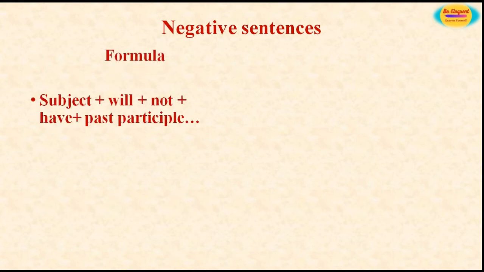We add not after the auxiliary verb to make the sentence negative. The formula is subject plus will plus not along with have and past participle. Remember that will not is sometimes written as the contraction won't. Examples of negative sentences are: